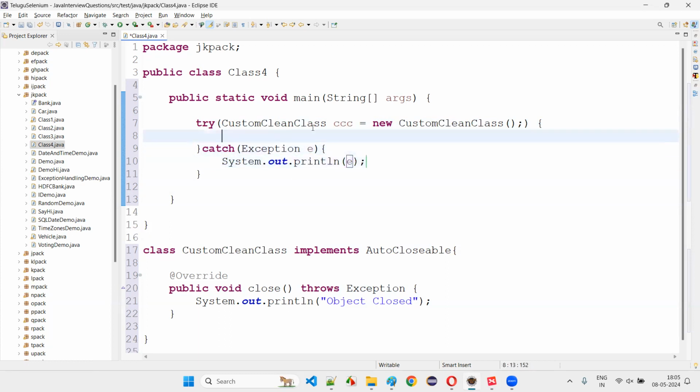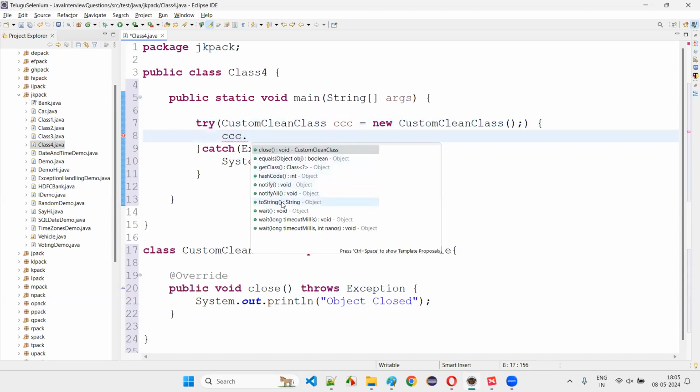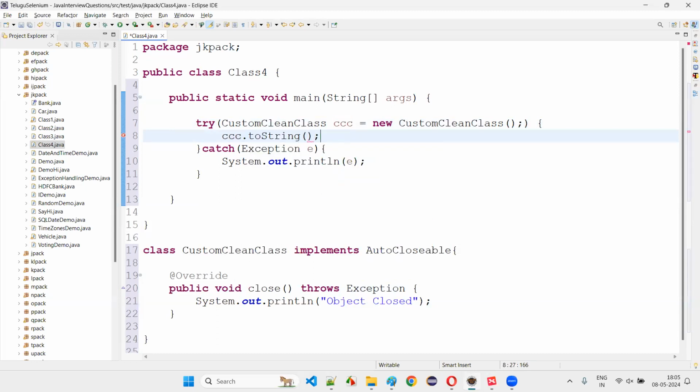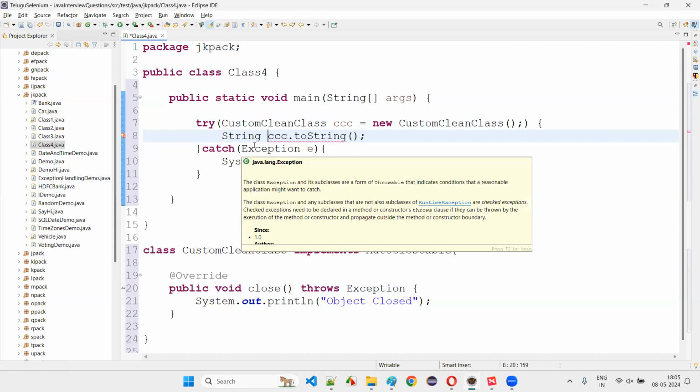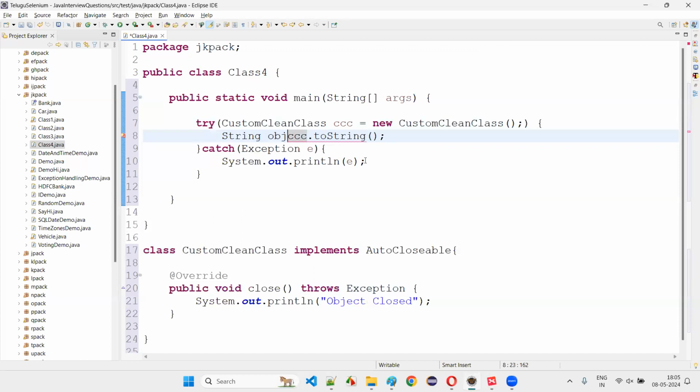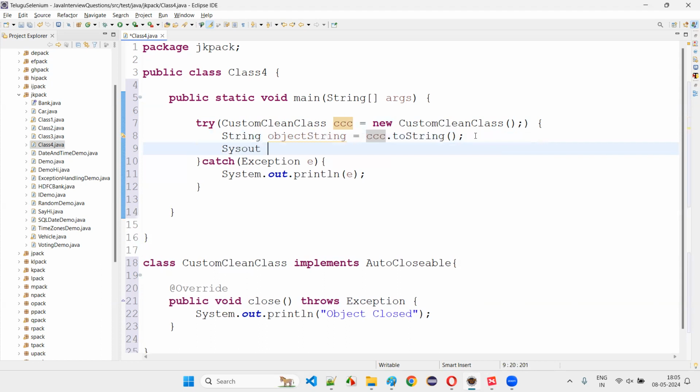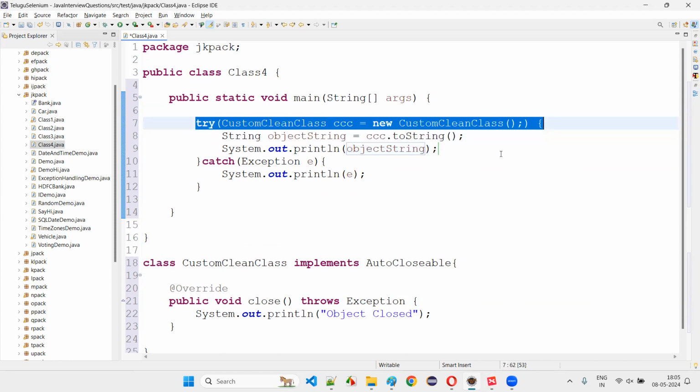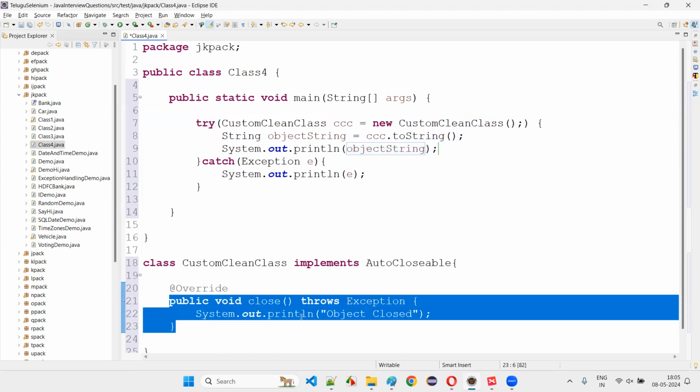I'll print it out. And here, if you want to do any operations with this object, let's say object reference dot toString, then it will return you the string. Object string is equal to that, then System.out.println and do some operations on the object, guys. It's not compulsory that you do some operations on the object. You just try to do the operations on the object. Once the operations on the object are done, this try with resources will automatically call this close method and